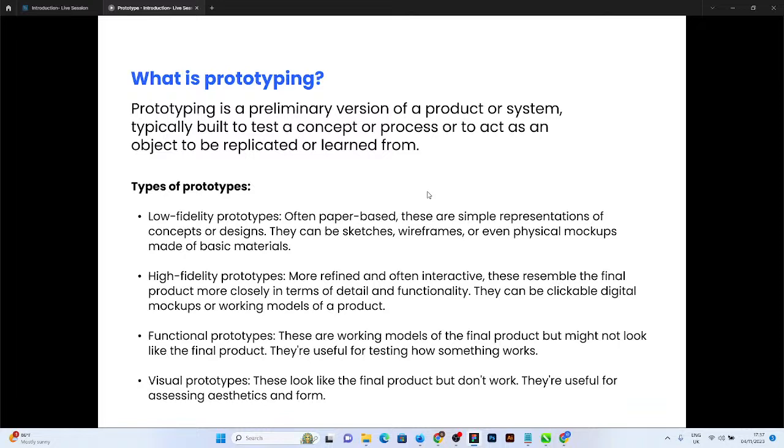But in the real world, most people don't do visual prototypes. In the real world, most people do what you call high fidelity prototypes. That's what most people do. That means after your design,